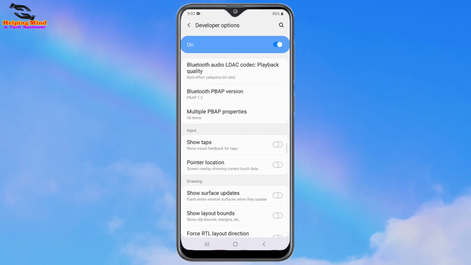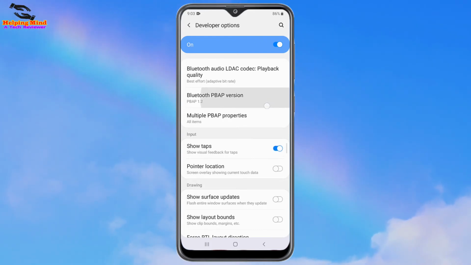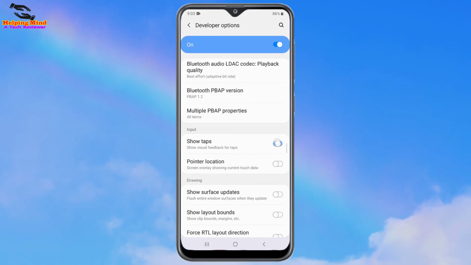So viewers, in this way we can enable or disable cursor effects on our Samsung Galaxy A20, A30, A40, A50